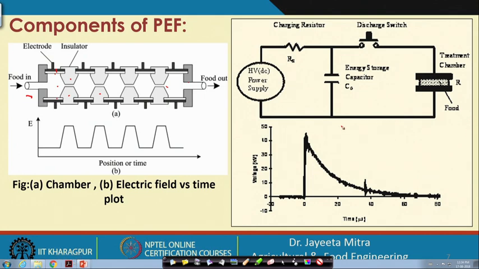And this is the system where we have a high voltage DC power supply. There is a charging resistor here, we have a capacitor that stores the energy, and there is a switch. So, after storing, when we hit the switch, it will send the pulsed electric field, a small time duration of the field which is of very high voltage, across the food. One pulse is generally given and then it decays with time. So, this is how the plot will look.